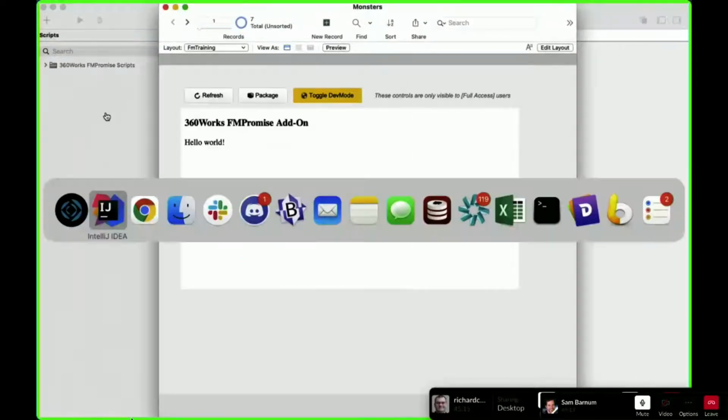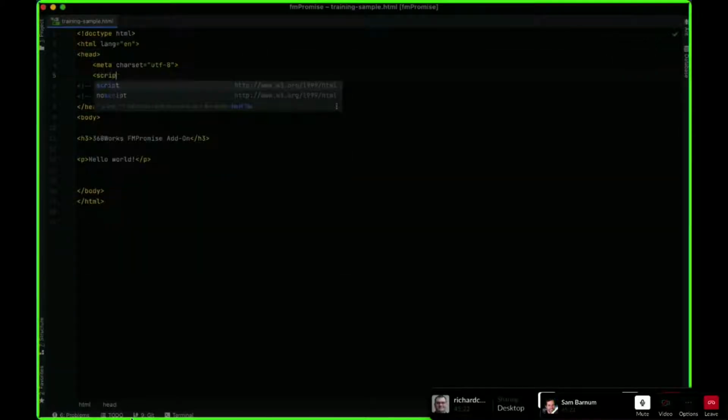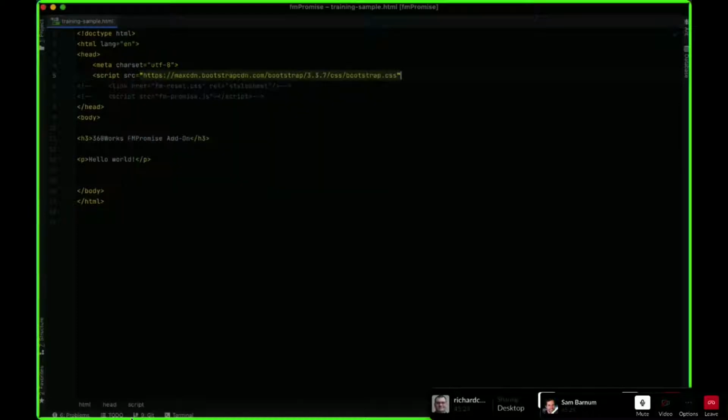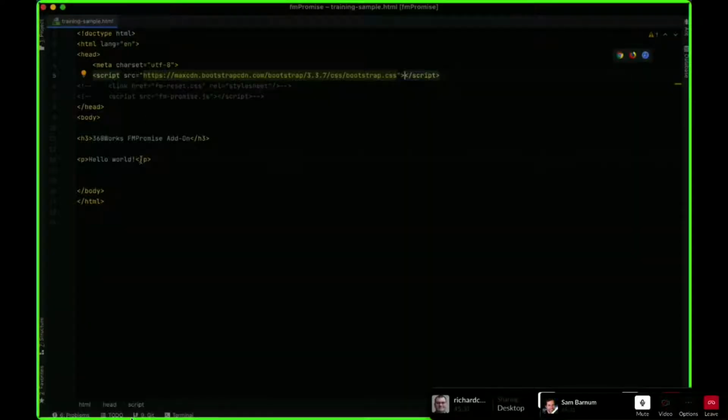So let's close this and let's make it more. Let's include Bootstrap. All right, now we've got Bootstrap. If we refresh it, it looks the same because we don't have a content div, I think.